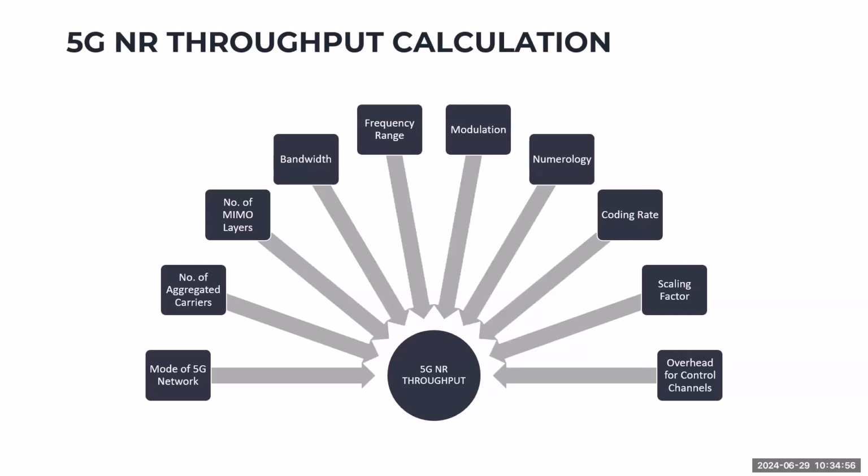So these are the factors that affect the 5G NR throughput calculation. Okay, so you have the mode of 5G network, number of aggregated carriers, MIMO layers, bandwidth, frequency range, modulation, numerology, coding rate, scaling factor, and overhead for control channels. Traffic is not included here yet. Okay, because that is